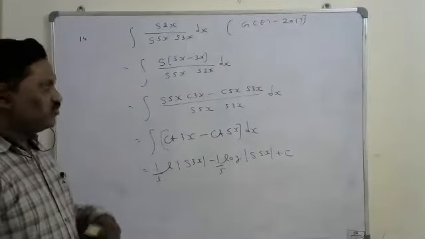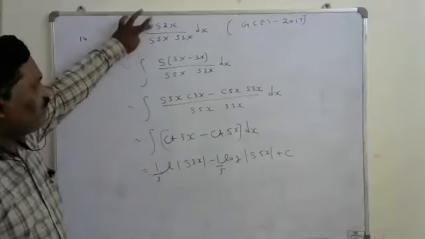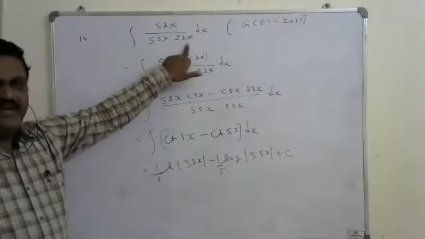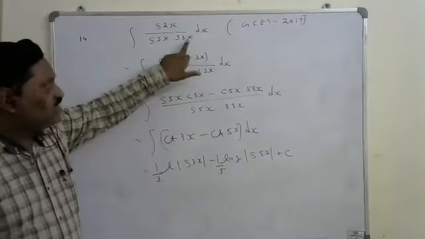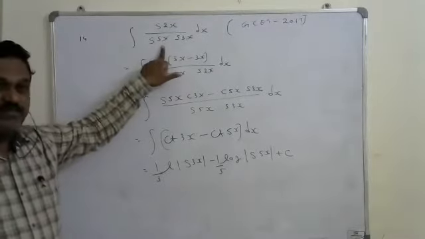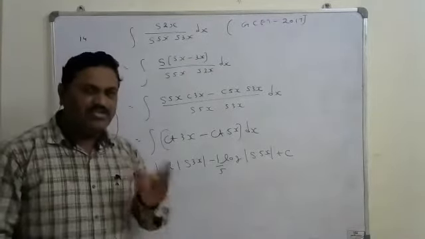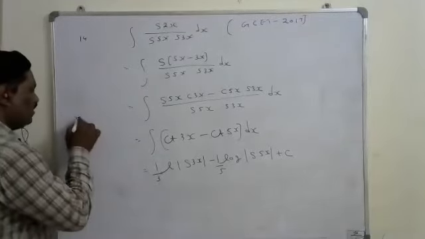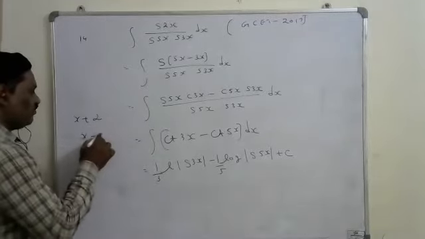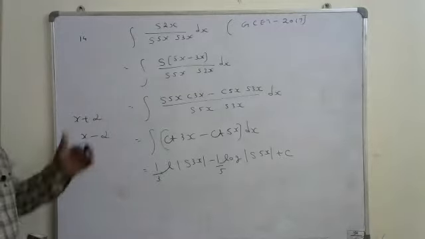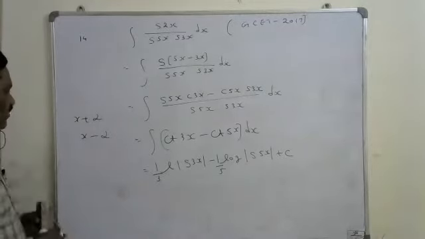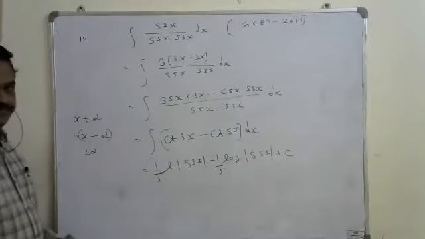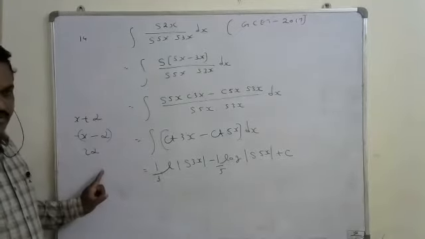Understand? Okay. So sometimes we may not find anything in the numerator, but here some angle might be there in the denominator. So in certain cases, look at the difference or addition of the angles, if you get some constant. Suppose the angles are like that, x plus alpha and x minus alpha are there. Suppose these are the two angles in the denominator. If I subtract them, then we are getting 2 alpha, right?